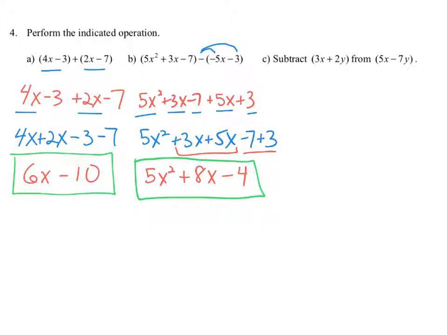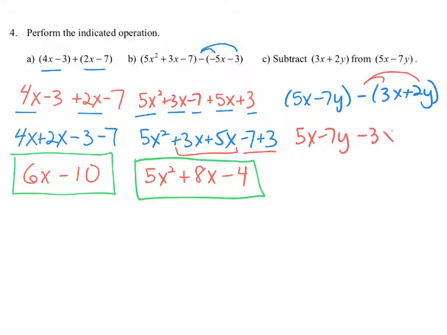In the last example, we want to subtract the quantity 3x plus 2y from 5x minus 7y. So we want to rewrite this as the quantity 5x minus 7y, and we're going to subtract 3x plus 2y from that 5x minus 7y. So it's important to write it in this order. And then we will be distributing this negative sign and eliminating the parentheses